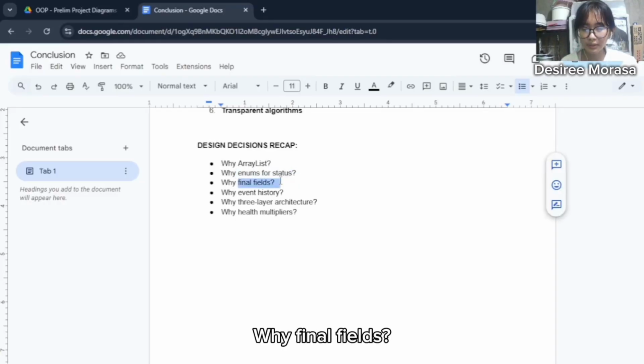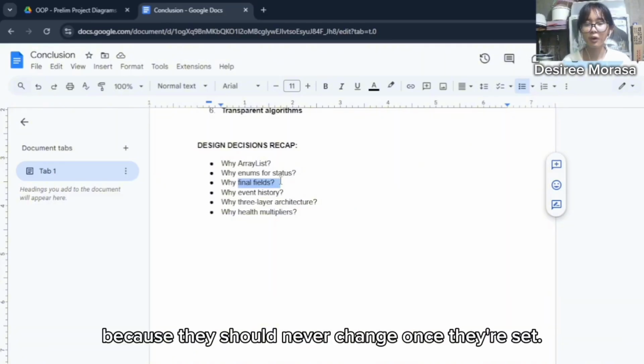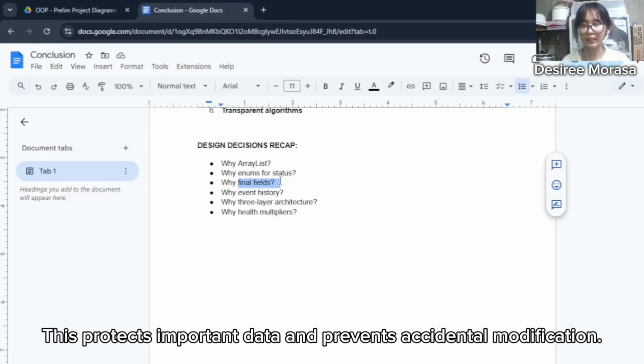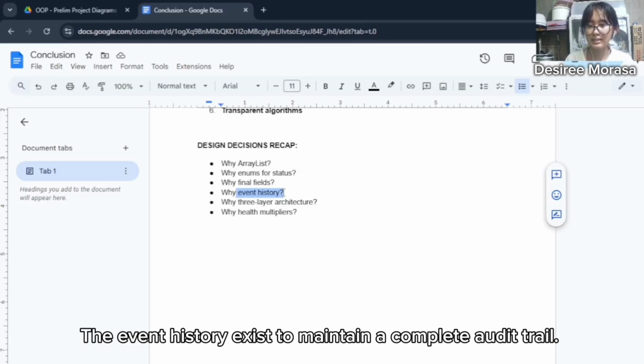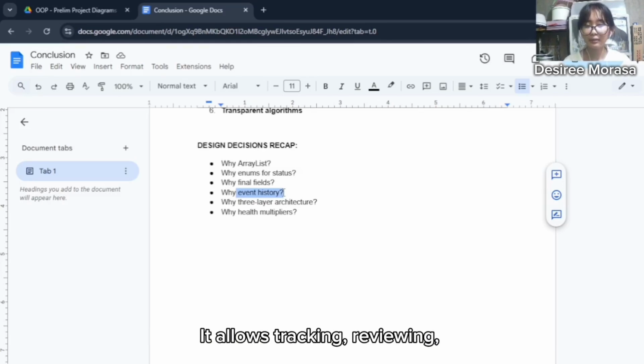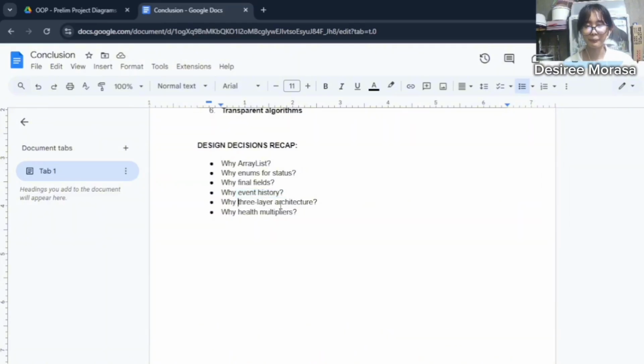Next is why final fields. Some fields are marked as final because they should never change once they are set. And this protects important data and prevents accidental modification. Next is why event history. The event history exists to maintain a complete audit trail, which allows tracking, reviewing, and verifying every action in the system.